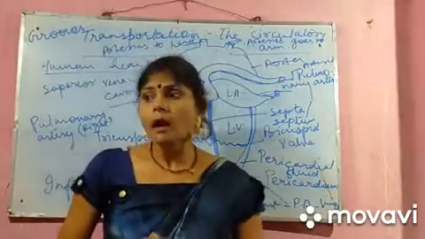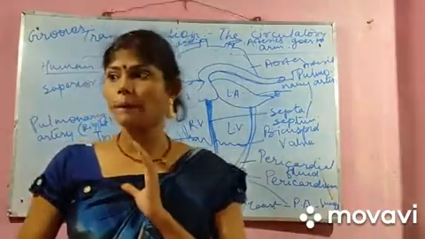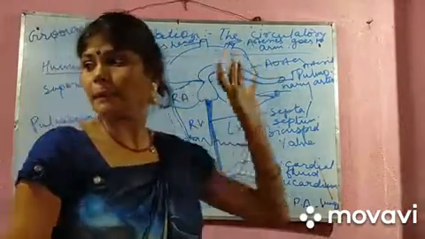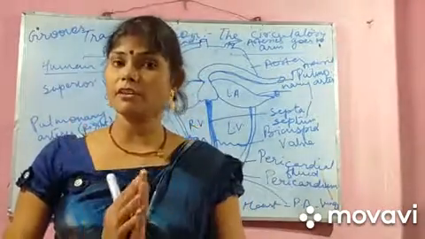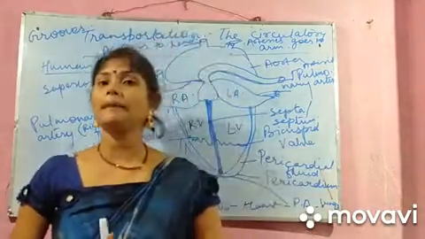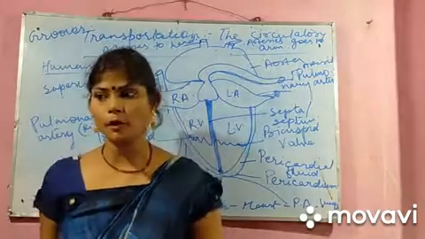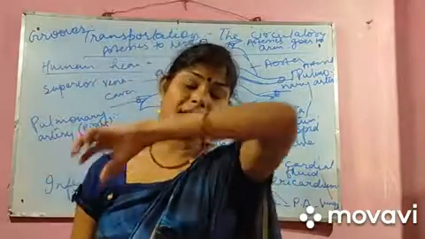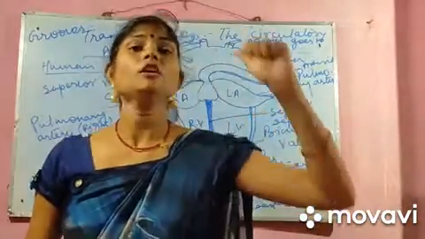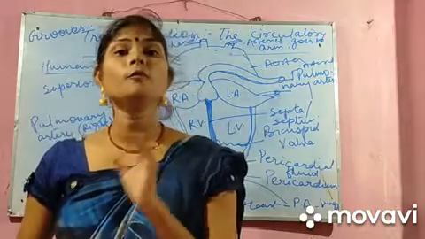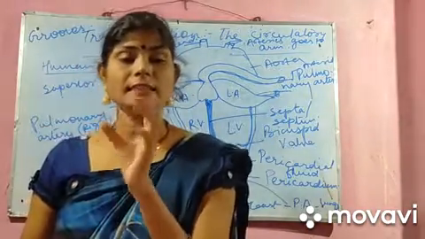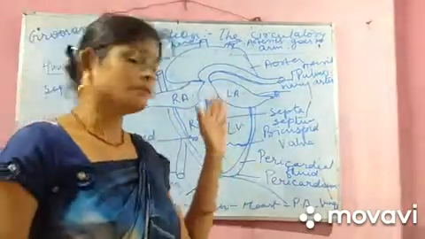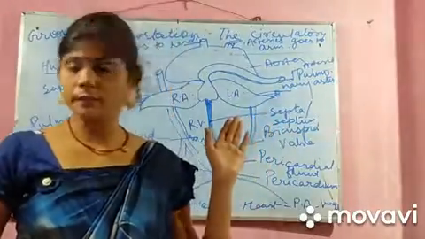From the upper part of the left ventricle there arises a big thick blood vessel called the aorta, and it supplies oxygenated blood to the different parts of the body. In the same way, the veins bring back the blood from the different parts of the body in which there is a deficiency of oxygen. Hence, it is known as deoxygenated blood. Okay, this much.